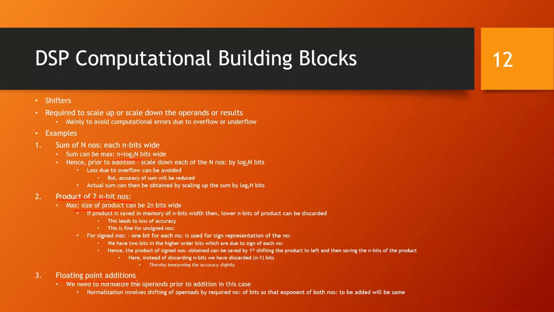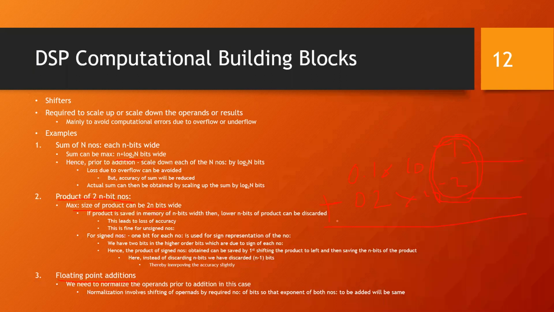Now, when we are going for floating point additions, as I specified, if I want to add two numbers, that is 0.1 into 10 raised to minus 1 and say 0.2 into 10 raised to minus 2. If I have to add these two numbers, these two exponents have to be the same, or else addition would become difficult. Manually you can perform it, but when you're giving it to the system, it becomes difficult. So you either adjust 0.1 or you adjust this 0.2 value so that you have common exponents, and then you go ahead.